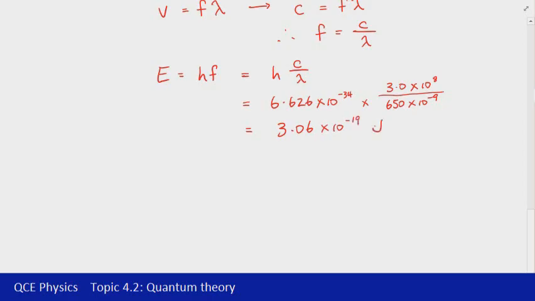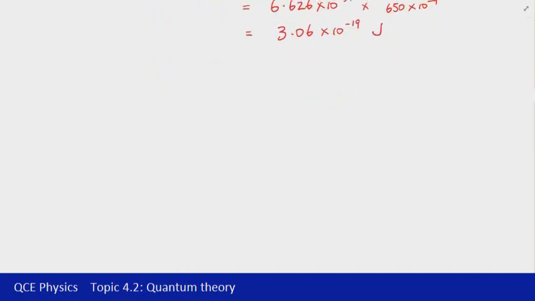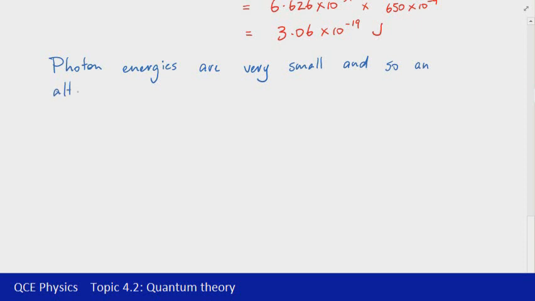So you can see there that the energy of a single photon is really quite small. And because photon energies are quite small, we won't always write the energies in joules. There's another unit that we've already covered back in Unit 1, where we looked at how we can quantify energies when the units are quite small. The reason the units are quite small here is the value of Planck's constant being in the order of 10^-34. So we're always going to find that photon energies are really quite small. And so an alternative unit is used, and that unit is the electron volt.